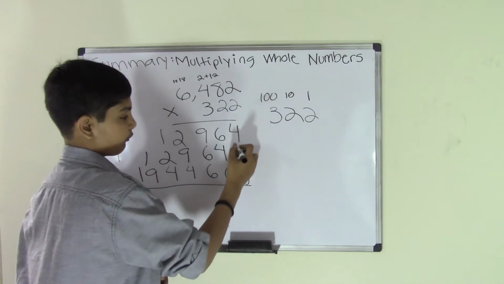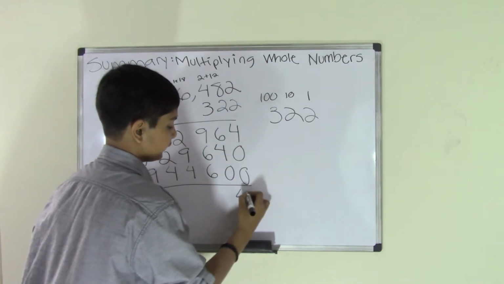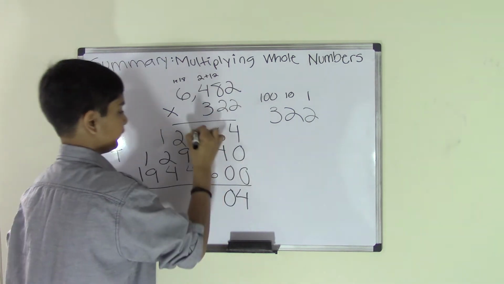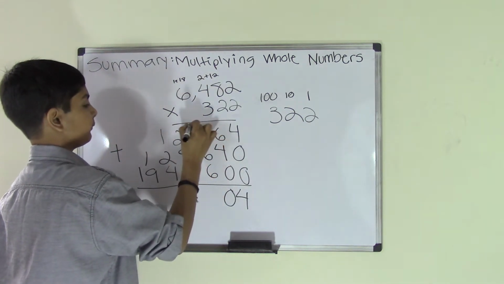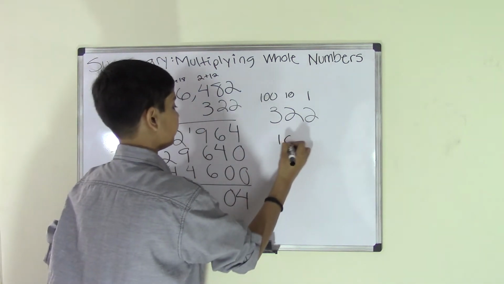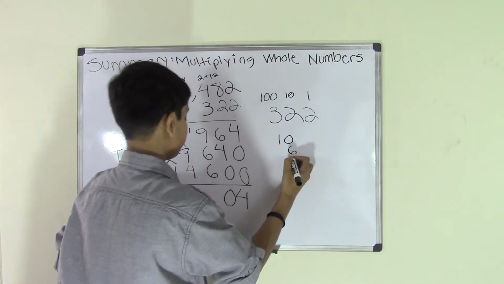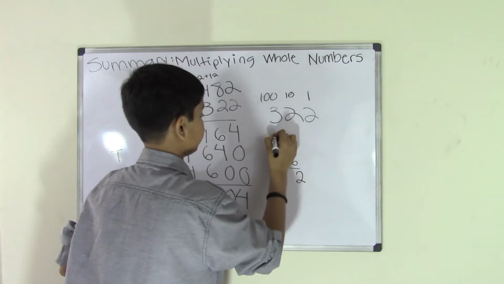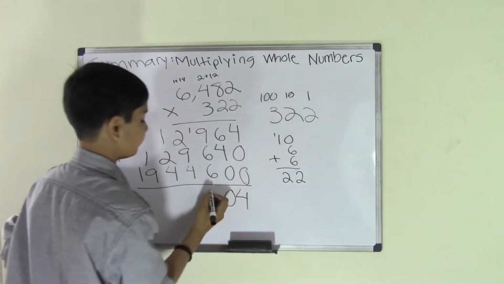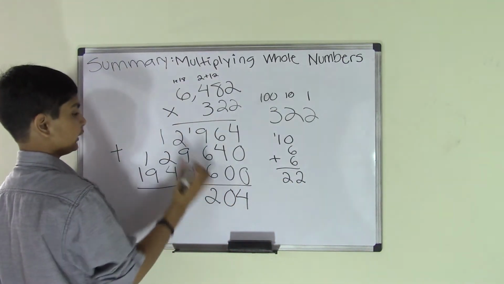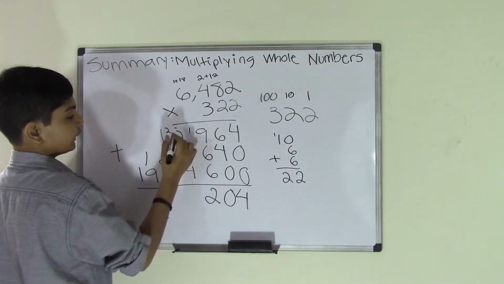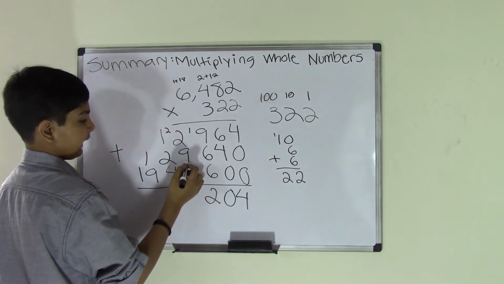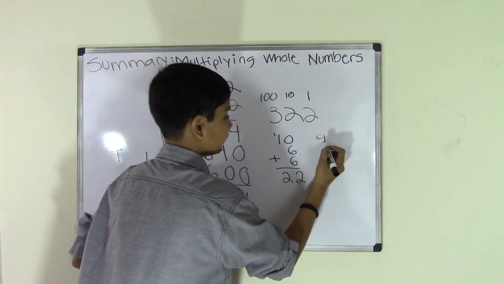So now we do 4 plus 0 is 4. And now we do 6 plus 4 is 10. Bring that 1 over. 9 plus 1 is 10, plus a 6 plus another 6. We know that 6 plus 6 is 12. Bring that 1 over and we get 22. Put that 2 over here, bring that 2 over here. 2 plus 2 is 4. 4 plus 4 is 8. And then 8 plus 9